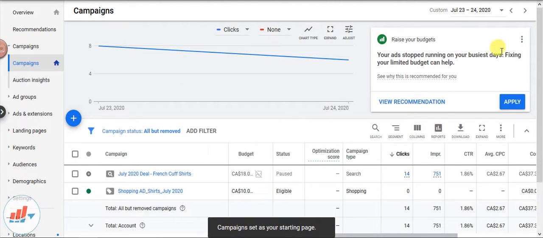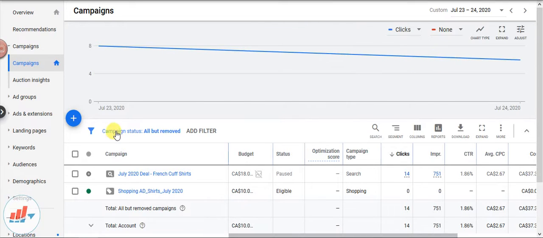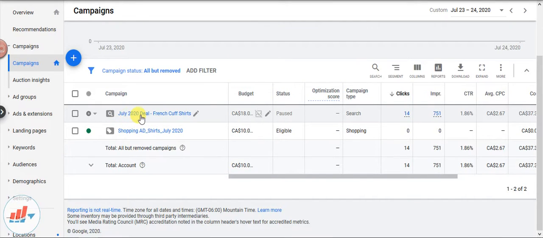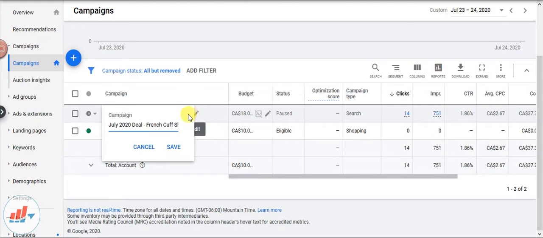Currently, this was the search campaign that we were running, so let me change its name to search campaign, that would be good.